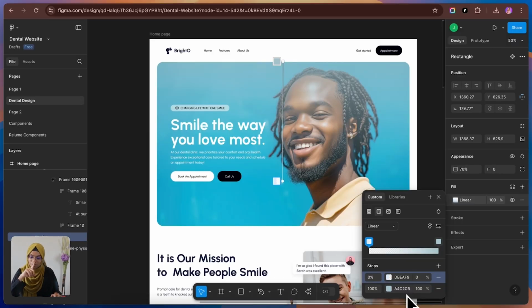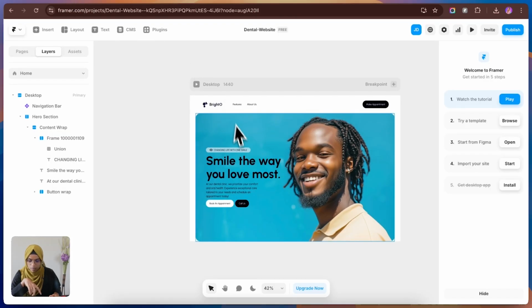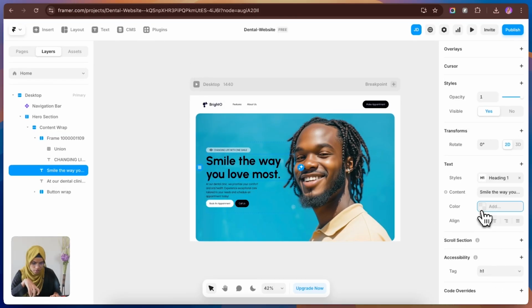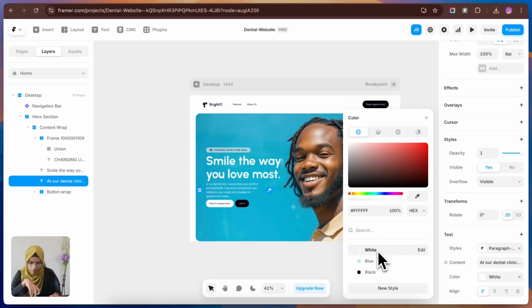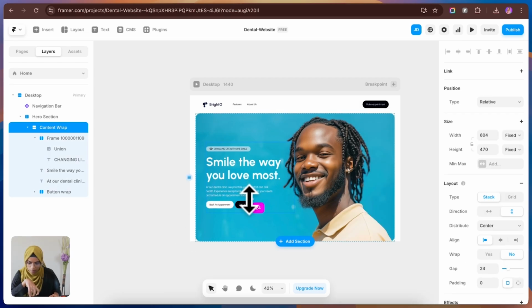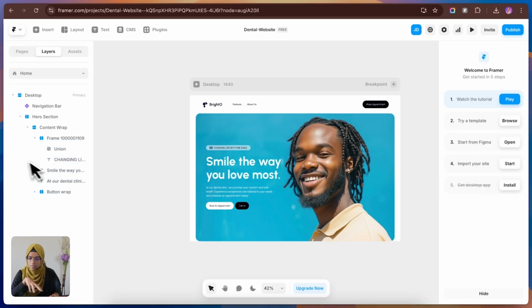And also we forgot to do one thing, that is we forgot to give the white color for these two tags. Okay, let's first do that and later move on to the linear gradient. I'm going here, let me change the color to white. Okay, let me increase the gap. Okay, now let's add the